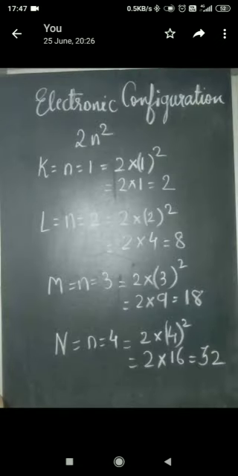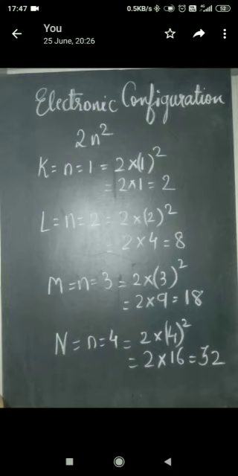Last lecture, we had learned about Bohr's atomic model, where Bohr had told that there are four shells present: K, L, M, and N. Each shell is given a number and a name. The first shell is numbered as K, second shell is numbered as L, third shell is numbered as M, and fourth shell is numbered as N. Now today let us learn in detail how many electrons would be present in each shell.